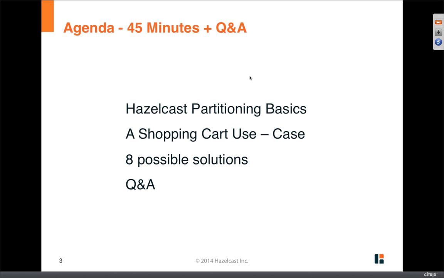So the agenda for today is going to be a very brief Hazelcast partitioning basics. In order to be able to utilize Hazelcast very well, especially the distributed nature of it, it's super important to understand the basics of how the partitioning works within Hazelcast. When we say data is distributed, what we mean by that, and etc. So I'll be doing like 5 to 10 minutes of introduction to that, and then I will start with an